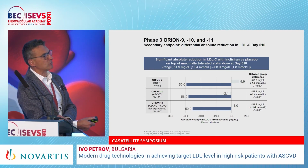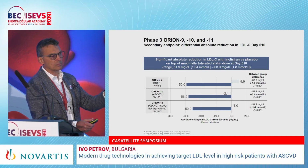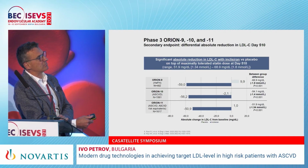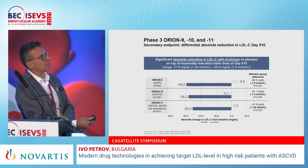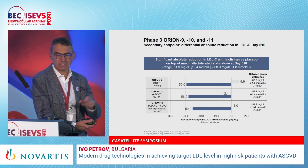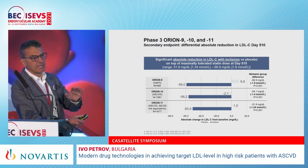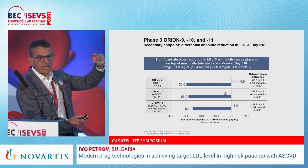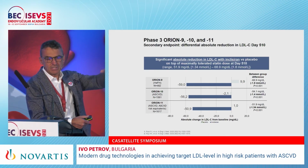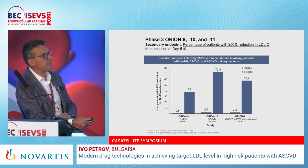And regarding the absolute reduction, this is the second endpoint, compared to the level of the LDL-C from the baseline. This is the percentage reduction compared to the baseline LDL-C level. And this is very important because in the guideline, one of the components of the target, especially in high-risk patients when we apply lipid-lowering therapy, is not only the absolute value but the percentage reduction. So our requirement is to have at least 50% reduction compared to the initial level. And this was achieved with inclisiran in all three trials